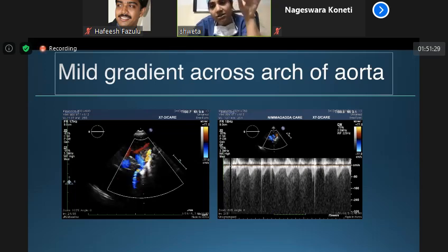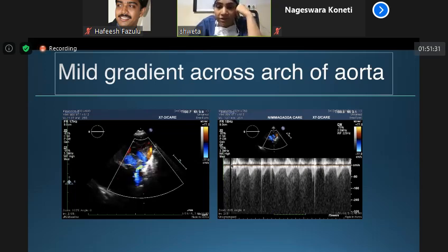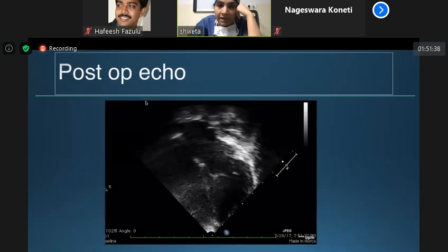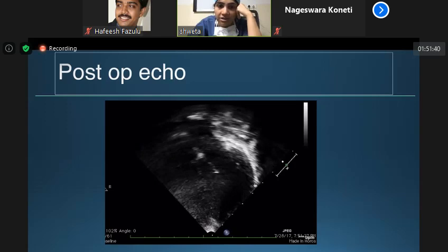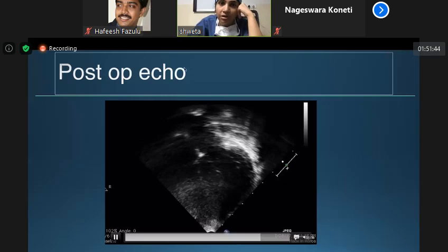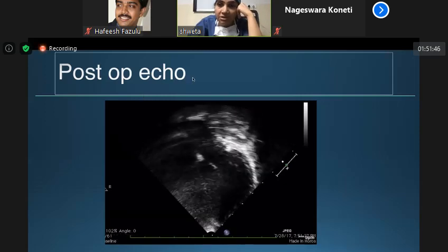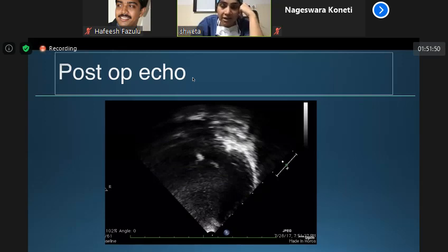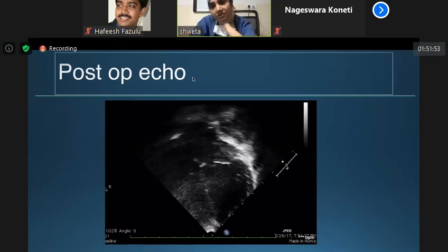And that is the cause for its ventricular dysfunction. So then this baby underwent coarctation of aorta repair, and you can see that there is a good ventricular function soon after the follow-up. So, what do you learn from this? There was a fetal echo which was suggestive of dilated right heart and ductus. So, what happens in the fetal life?